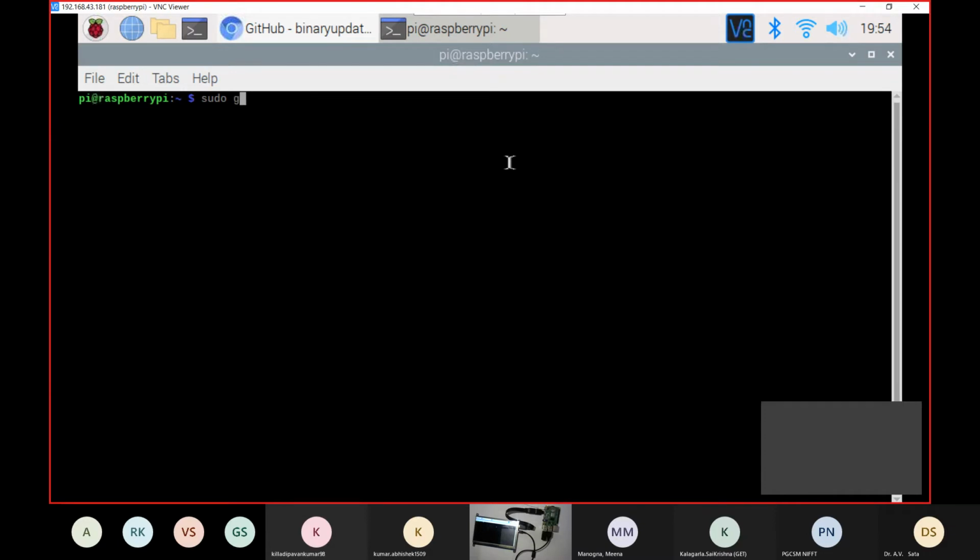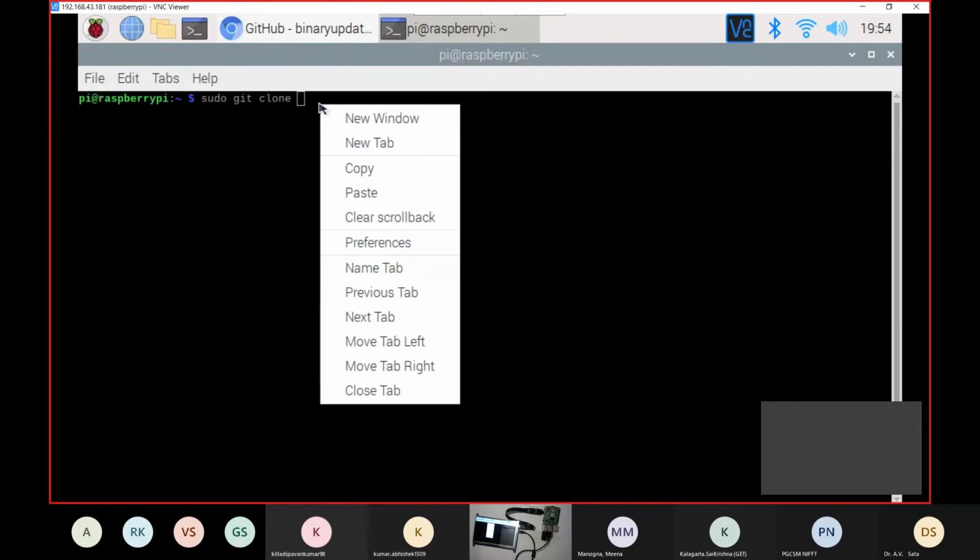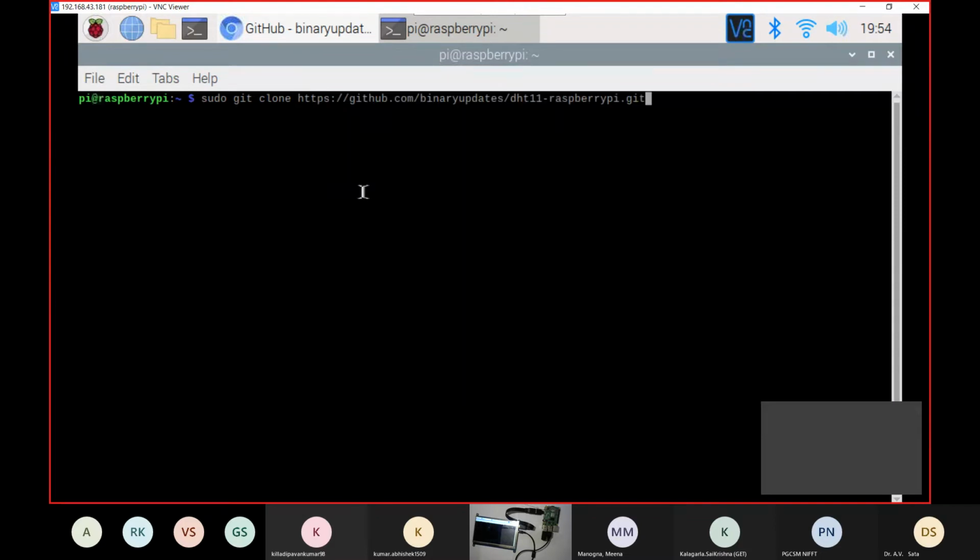Then we'll use sudo git, since we are downloading from GitHub. So we'll use sudo git clone, and we'll paste the link over there. We will not use Control V, but just right click and paste.